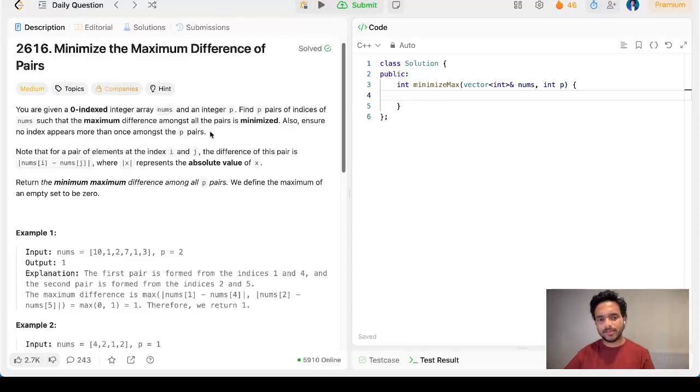I'll try my level best to explain it in the easiest way possible. At first, we all know what a zero-indexed integer array means. The index will start from 0. So our first index will be 0, then 1, 2, 3, 4. That's how an array looks like. And all we have to find